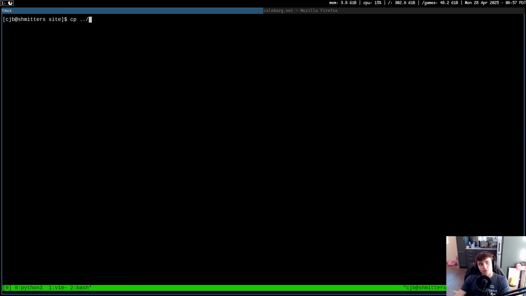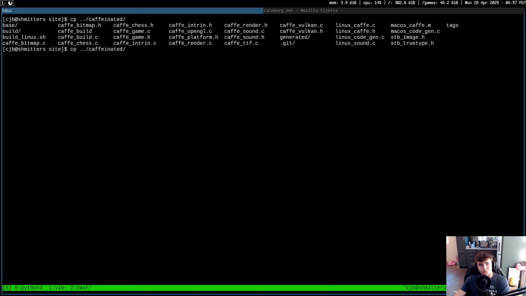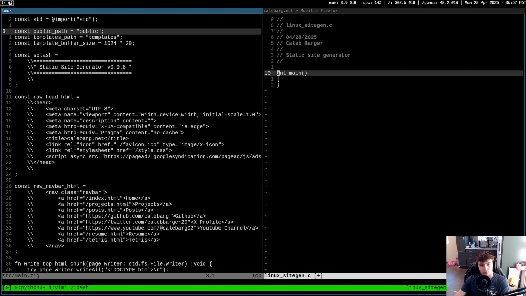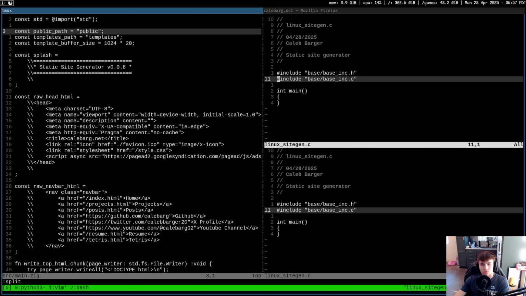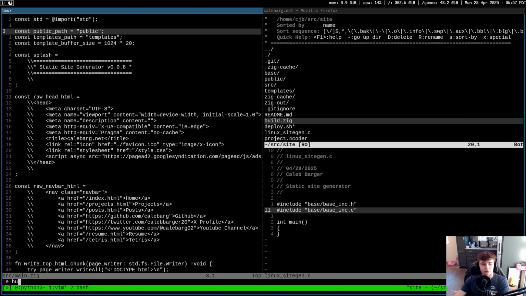I gotta grab some code. I'm going to grab some code from my game engine. We're going to grab this folder and put it in here. It's going to include it into the program. And then going to throw together a